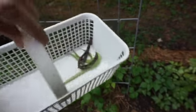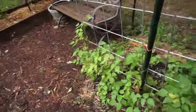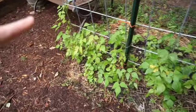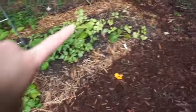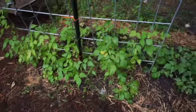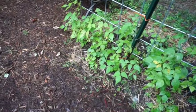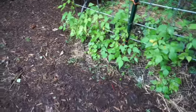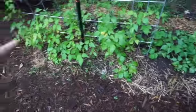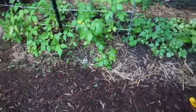Okay, done harvesting. This is about a daily harvest, just a few beans a day, really, because it's not a huge space, but that's from these beans and this whole bed of beans. I get about these few a day, which if you add them up, you get enough for a meal, and probably like a week. But these are pole beans, which this is the Emirates pole beans on this trellis, and